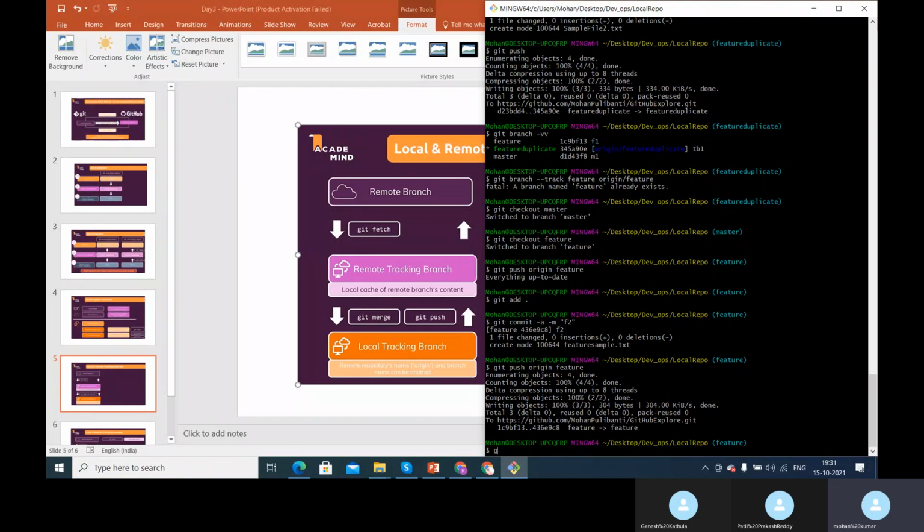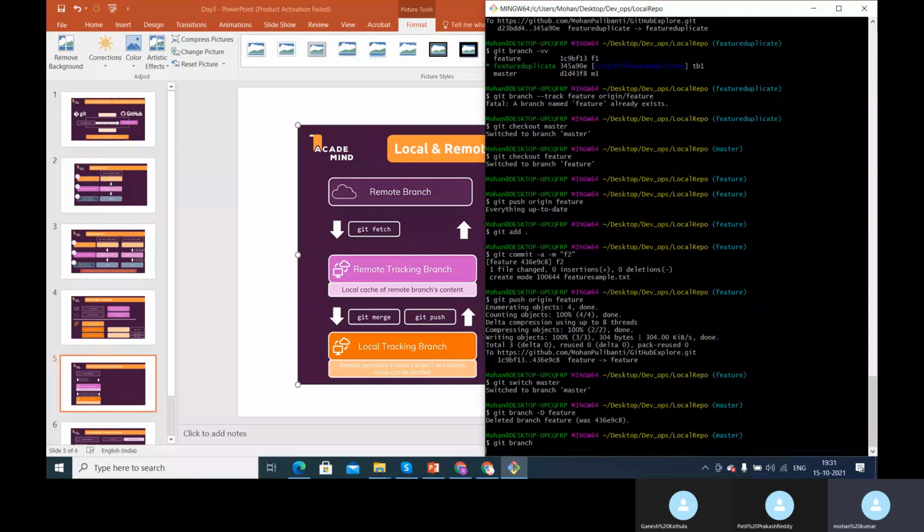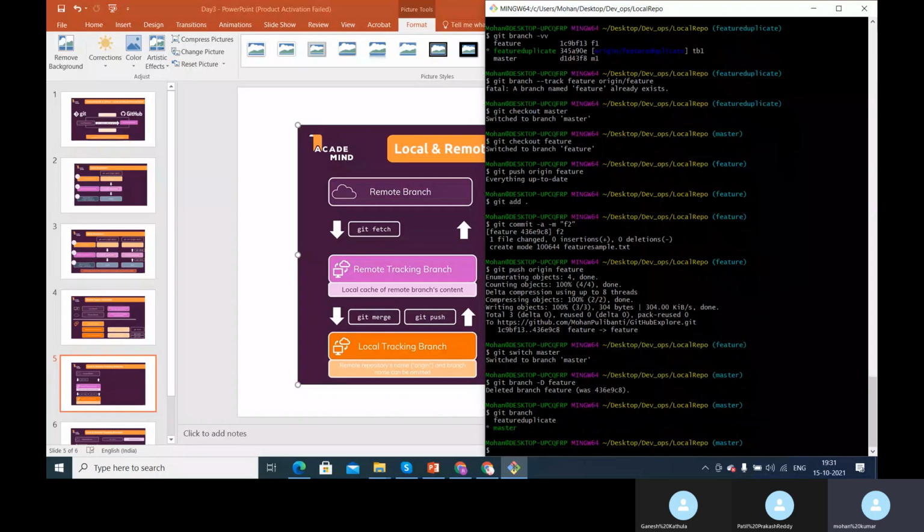I'll switch to master and delete the feature branch with git branch -d. Okay, when I deleted that branch, we don't have the feature branch anymore. Git branch. Now I will create a local tracking branch for that feature branch.